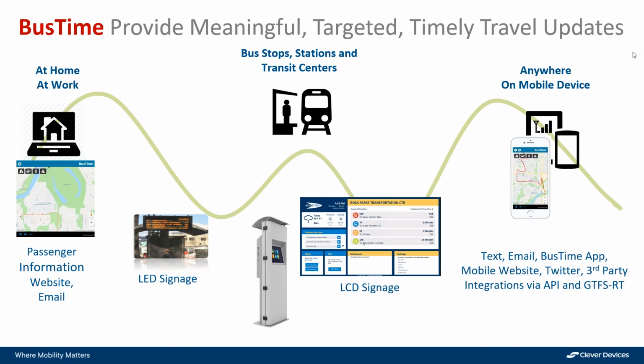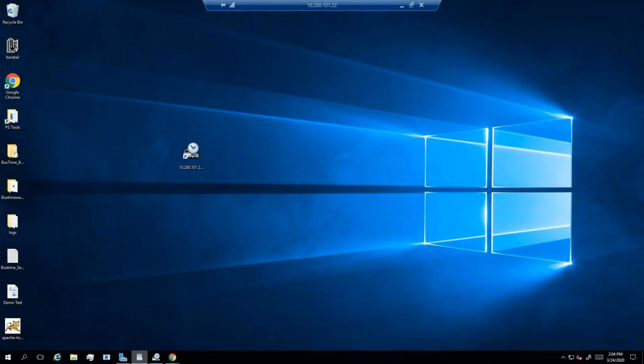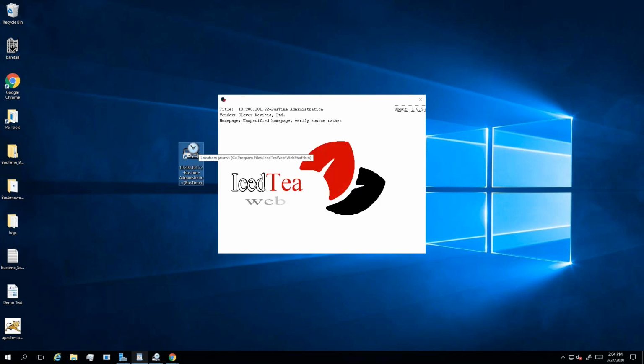With all that in mind, I'd like to switch over to a demonstration of how to administer service bulletins from within BusTime. So Sarah, I'm going to, there we go, thank you. Just to note that I'll be demoing software version 6.6, which is our latest and greatest software release. Not everyone will be on that version, so everything I show may not appear exactly identical to what you're familiar with, but the relevant setup and instructions remain the same. So, launching BusTime from the desktop icon.